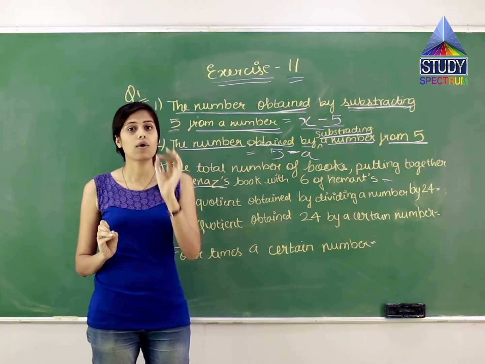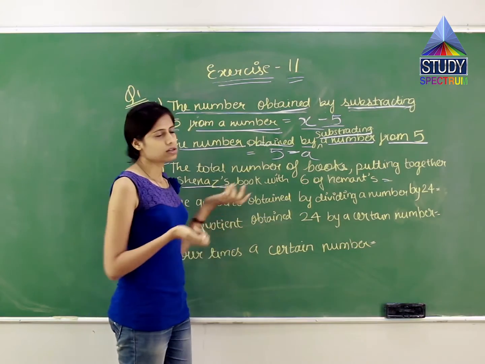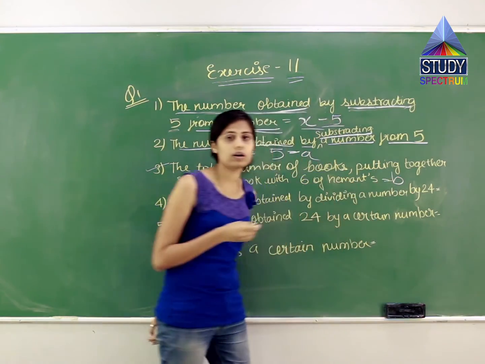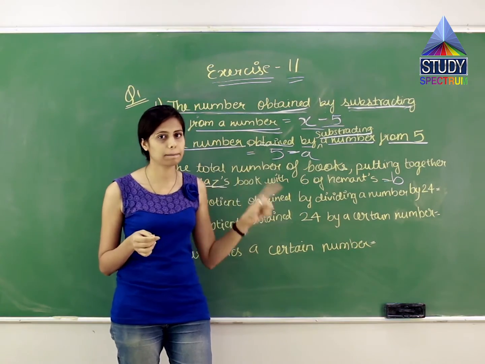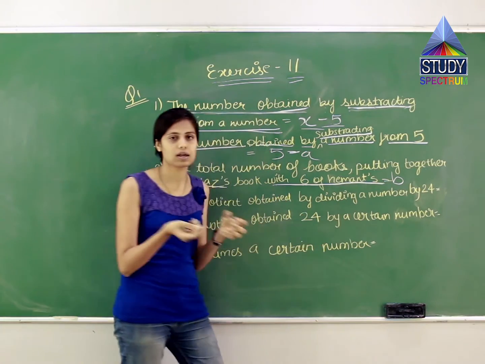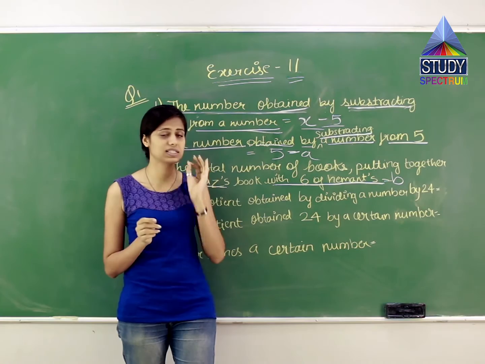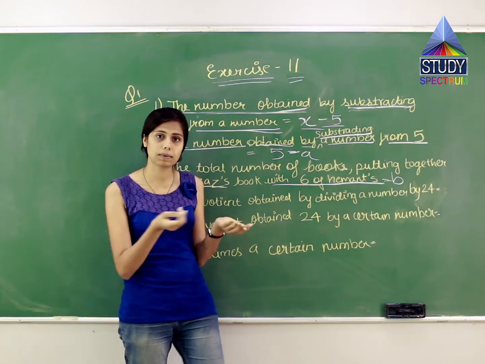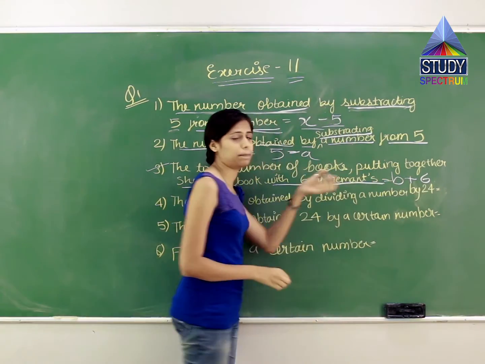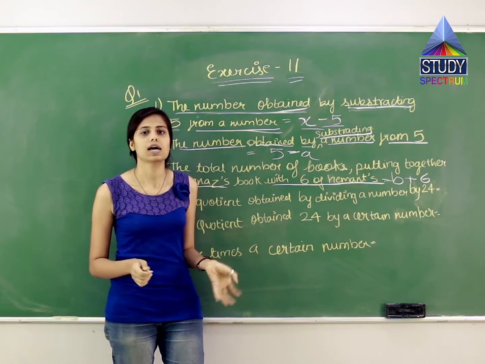So what we will do, we will replace the number of books of yours with a letter. Suppose B. So over here I will write B. It means the number of your books is B. And it is given that 6 books are your brother's, which means we will add this 6. So it is B plus 6. Your books, which is B, plus your brother's books, which is 6.